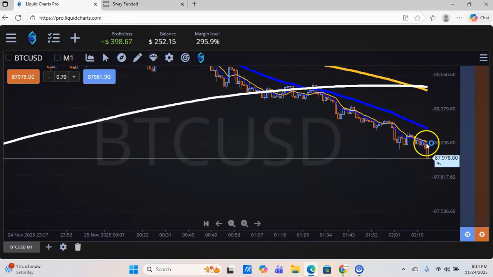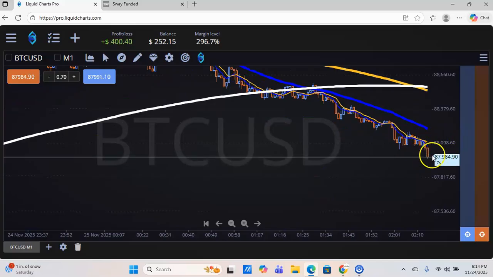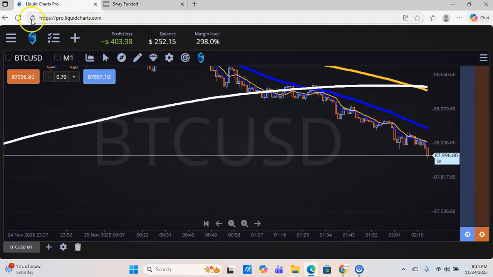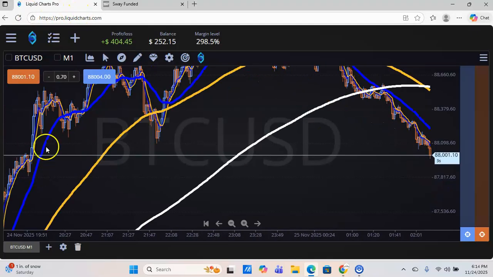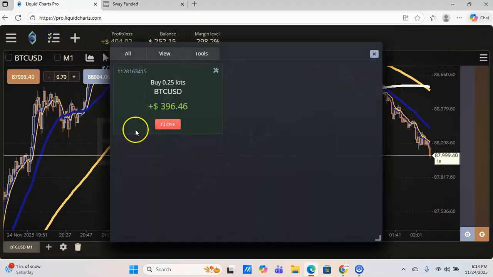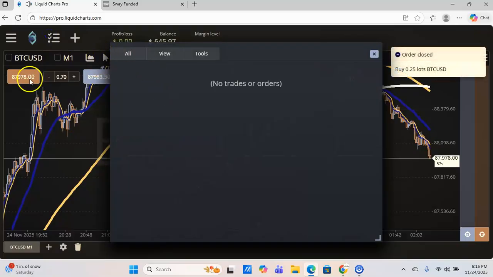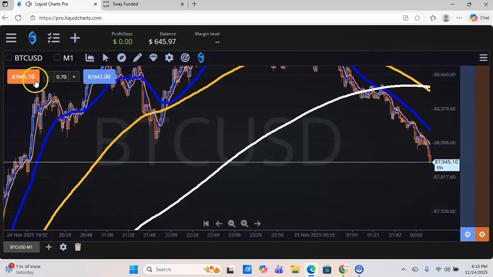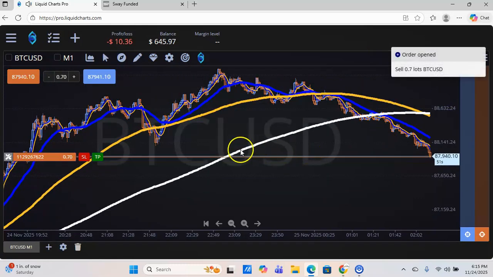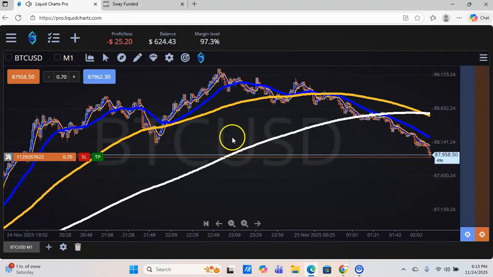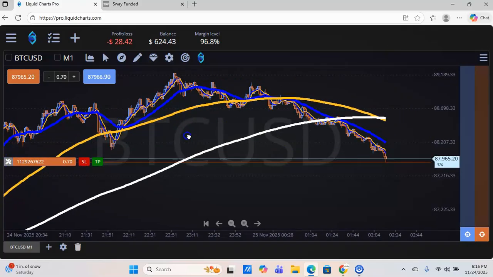And I told you price was probably still going down, right? I could have took this. Matter of fact, let me stop this trade just to show you all what I'm talking about. Now I'm gonna take this as a sell. All right. Probably wasn't the right time to take this as a sell. You know what I mean?